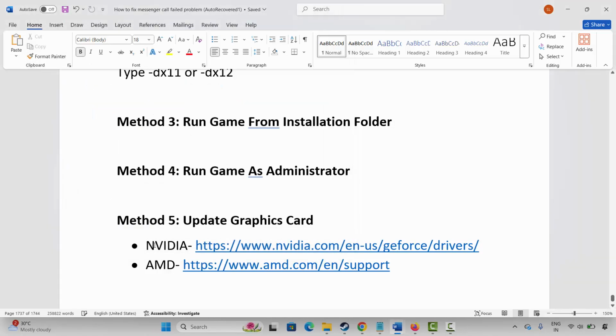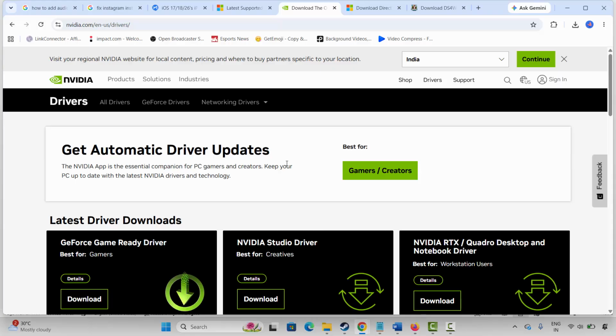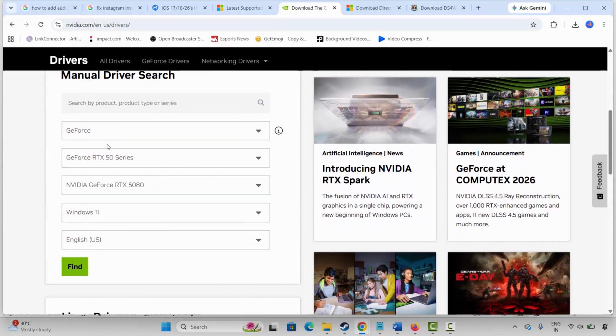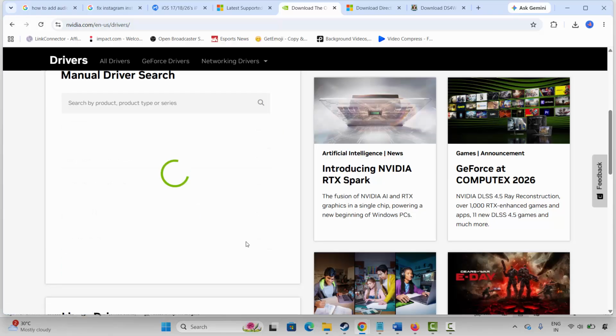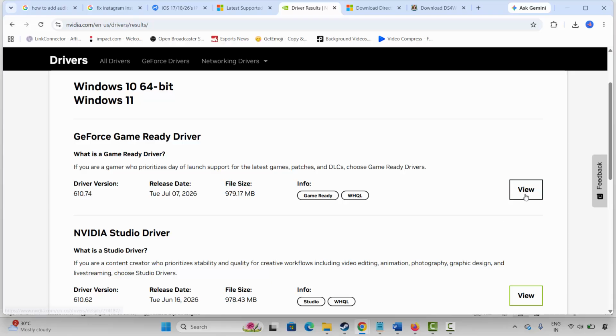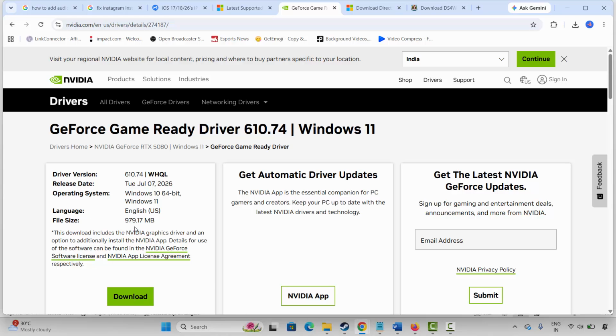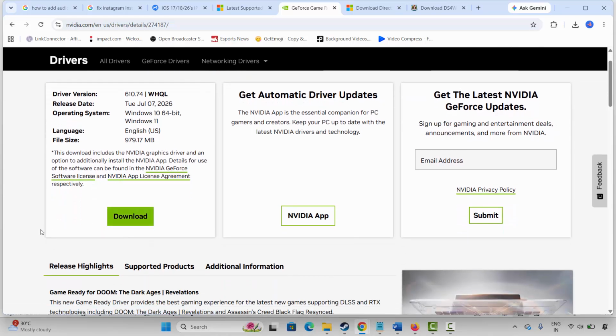NVIDIA and AMD users, go through the link already given in the description and you can easily update your graphics card from there. Or simply open the link. After that here you have to manually enter every detail of your graphics card and then click on find option. Now wait for some time. It will show you several graphics cards related to it. You have to select your graphics card, then click on view option and here you will get the details of your graphics card and also a download link. So click on it, download the latest graphics drivers